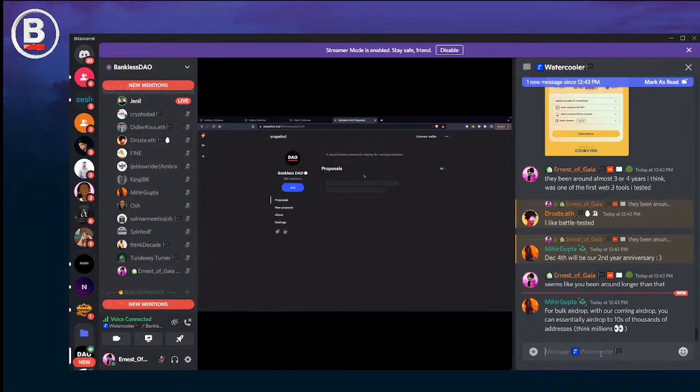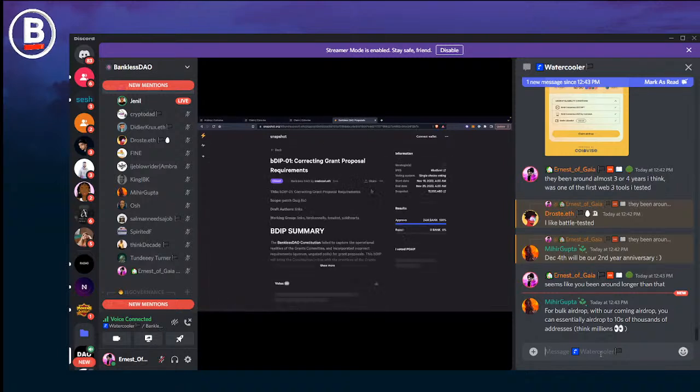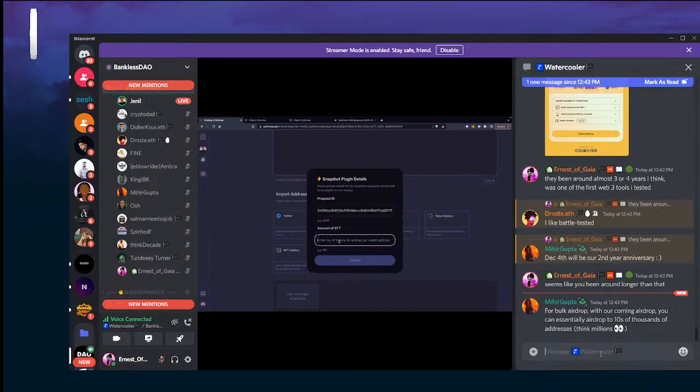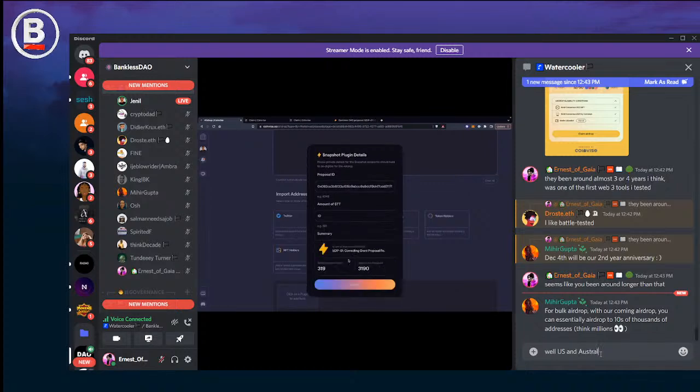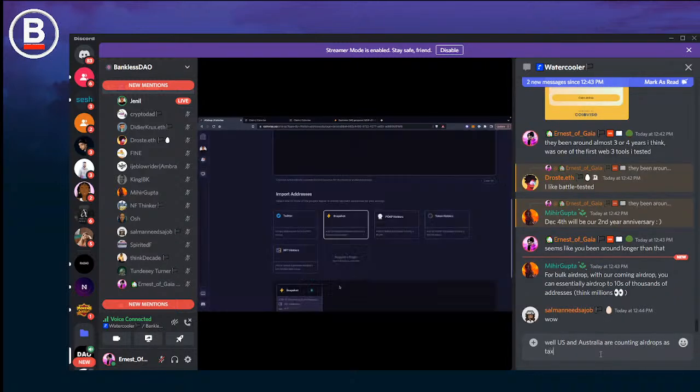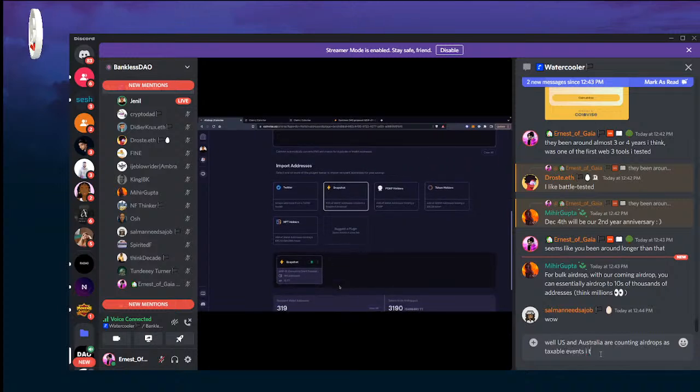So you can go to bankless DAO, choose any proposal. This one is closed, but we're just going to use this for the sake of this demo. You can copy the ID of the snapshot proposal, and let's say we're distributing 10 tokens to all of them, and press submit. It'll automatically fetch all the people that voted on that particular proposal, which is really cool. So we're the only platform that supports this, where you can distribute tokens for any kind of participation.